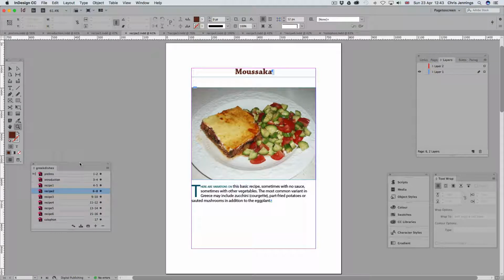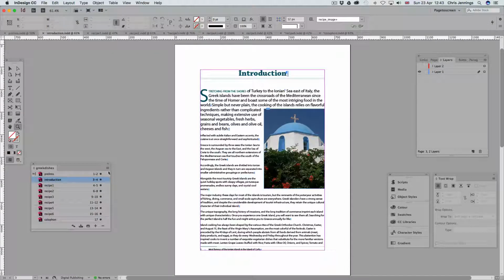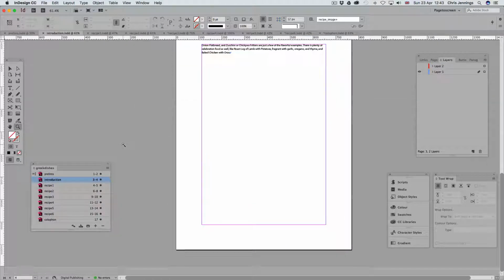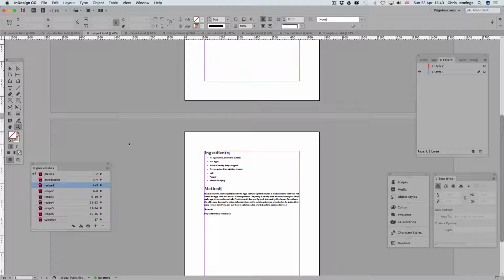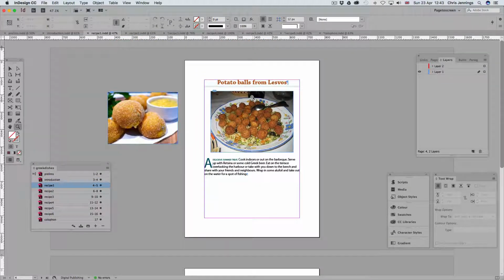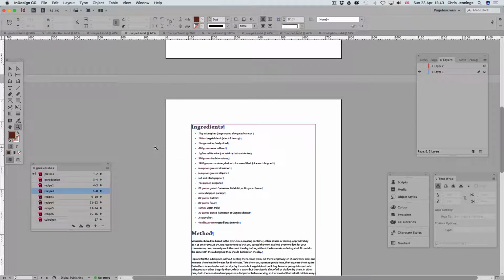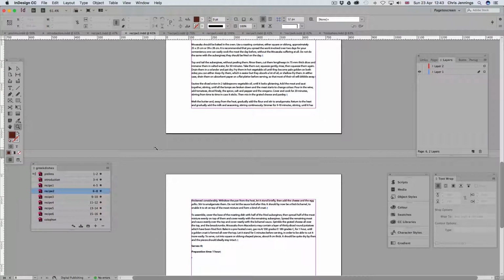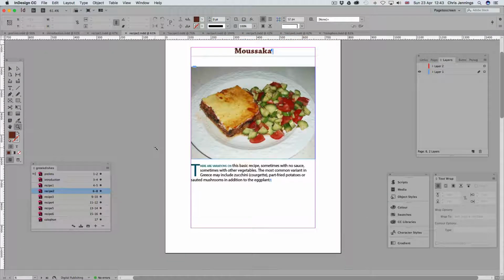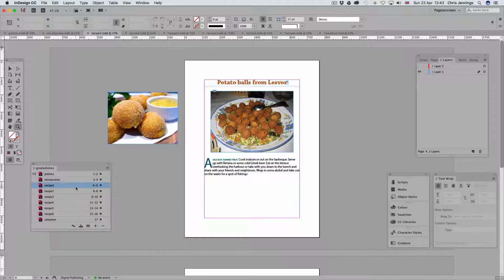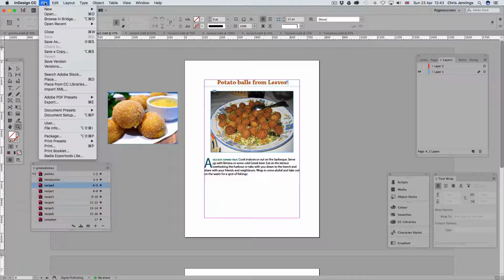Now the other thing is, this particular example that I'm using is very, very simple, because I've simply got, if you like, a chapter, or a recipe is a chapter. So here we have the first chapter, second chapter, etc. And I'm not planning to use different sections within iBooks Author. I'm simply going to put each one of these into a new chapter. Now, there are two different ways of doing this. We can either simply go to every one of these recipes, let's just take a look at this one, and export this